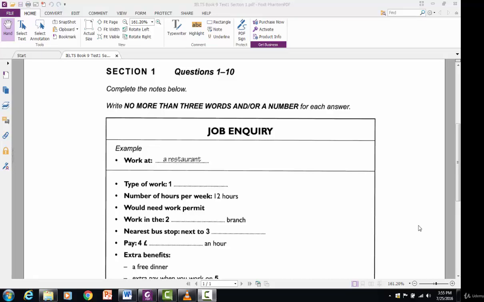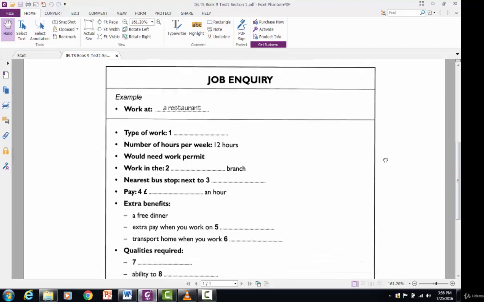Okay, so let's now look at doing a section 1 practice. And as I've told you, when you're doing section number 1, it's the easiest section of the 4 parts you have to do for IELTS listening. Here we have all fill the blank questions. You can look at it here and see we have numbers 1 through 10, which is all fill